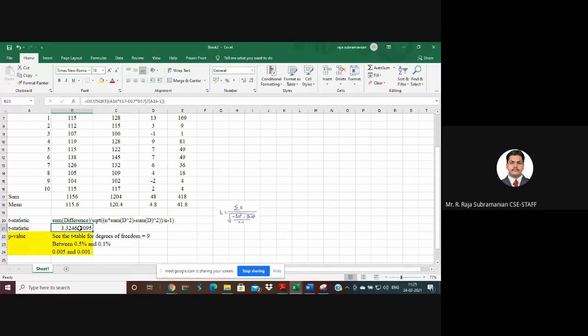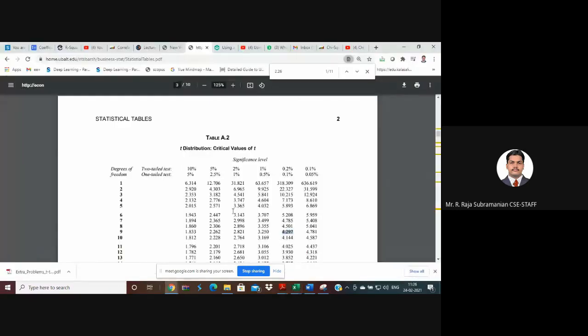For this t value, I can find the p value. So what is the p value? The p value says what is the probability of this particular value to exist. So we find the probability. I set the degrees of freedom as 9 and my t statistic is 3.32. So I come to the degrees of freedom 9, and I can find that